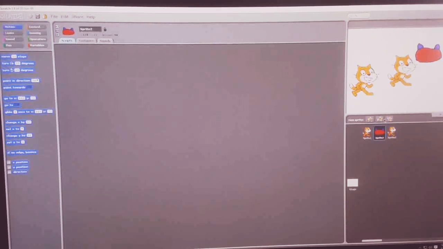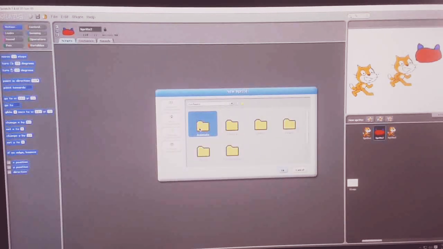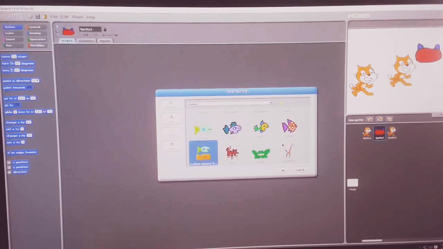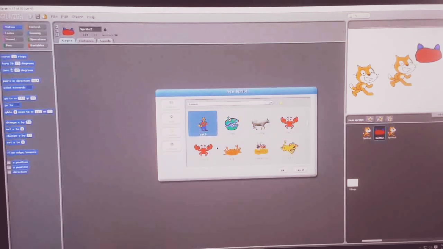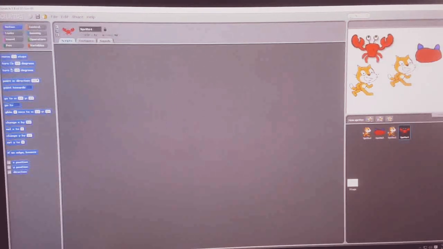So another option is there, choose new sprite from file. So here animals, fantasy, letters, people, things, transportation, everything is there. You choose any of the images. Just click OK. Whatever image you want, you can collect.